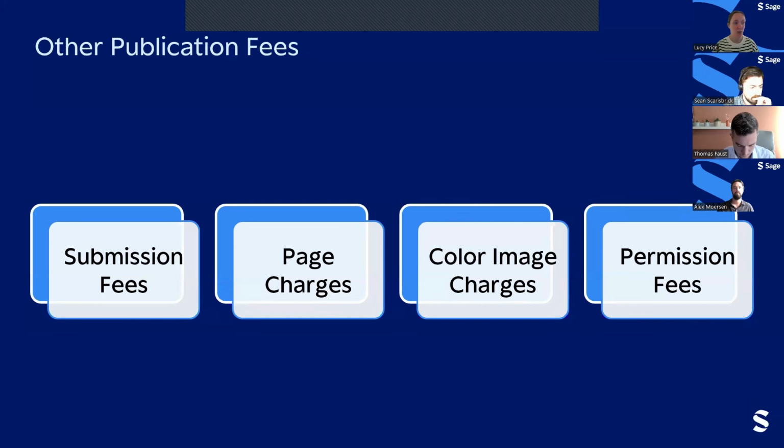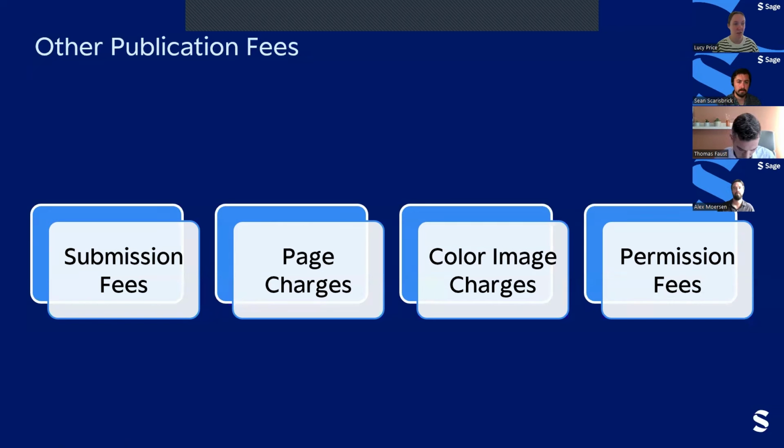Historically, page charges are introduced to cover the cost of printing an article. Page charges is a set price per published page incurred by authors, for instance, a $75 or $150 per page. Page charges are different from APCs in that page charges are paid by the author and mainly exist in traditional